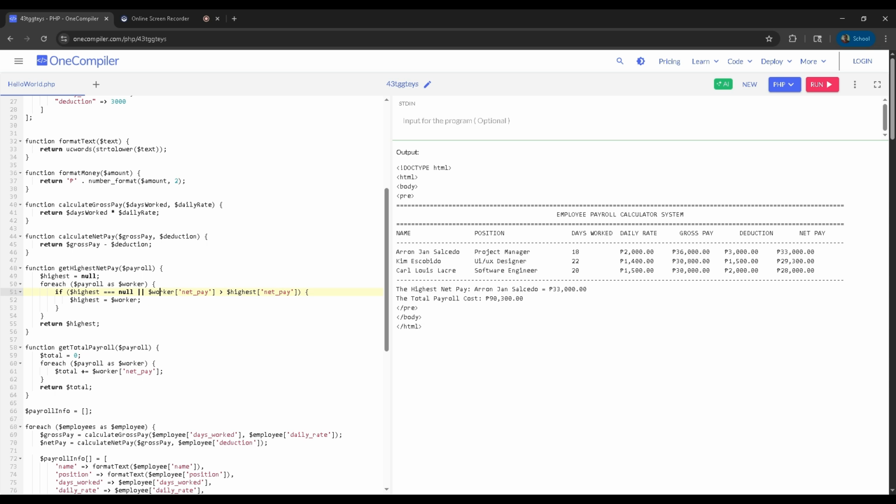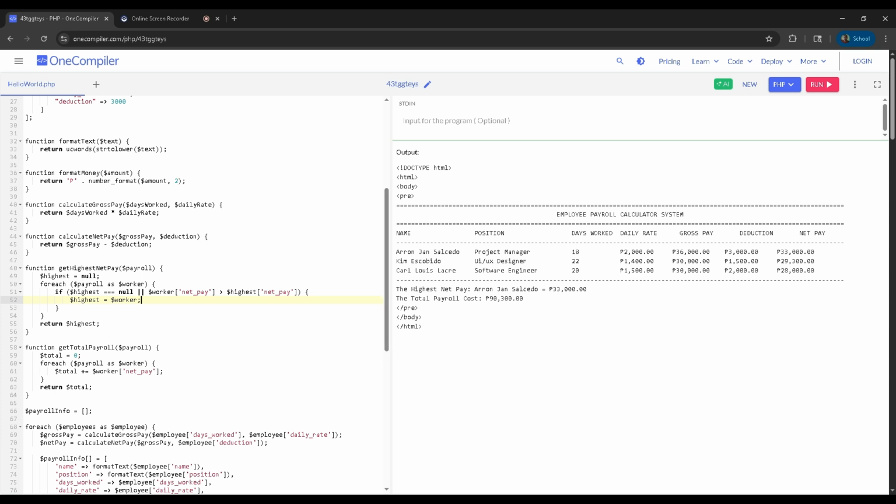It does nothing at first, but the highest will be passed to the worker, so the worker is the greatest value. Next we have highest equal to worker. In order to get the highest, it will first be passed to a new variable, which is the worker.